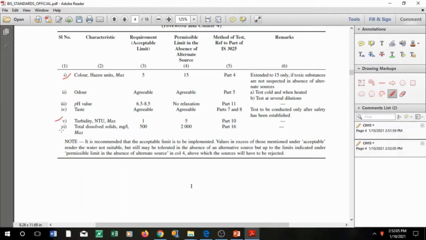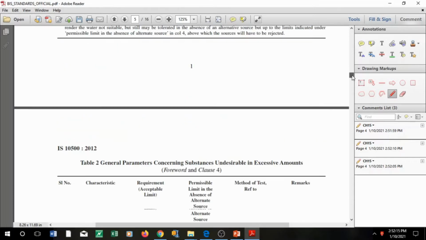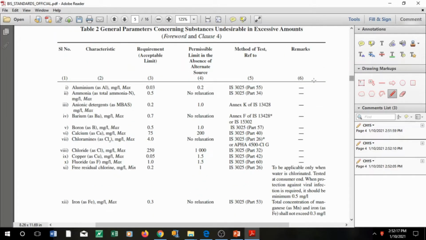Similarly, you can see here turbidity or NTU, maximum unit 1 and 5, total dissolved solids 500 and 2000, the maximum permissible limit. So that is how that particular document was prepared. You can see here general parameters regarding undesirable substances also. Here you can see those elements involved: chloride, fluorides and free residual chlorine, and everything